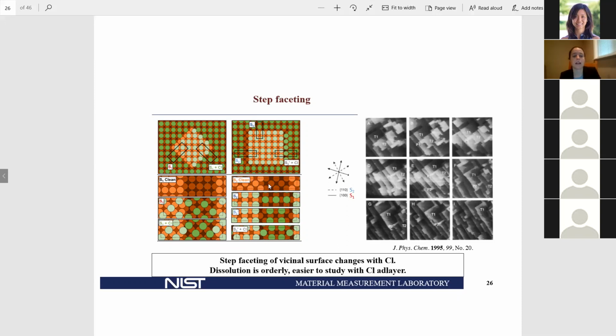This kinking causes very low coordination on half of these edge copper sites, and this is extremely energetically unfavorable. So without the presence of chloride, the S1 is favored. However, in the presence of chloride, the situation changes, and the chloride preferentially stabilizes these sites, and now the S2 type structures are much more stable. And this is known experimentally. On the right side, I show the S2 steps that have been shown in STM images in the presence of